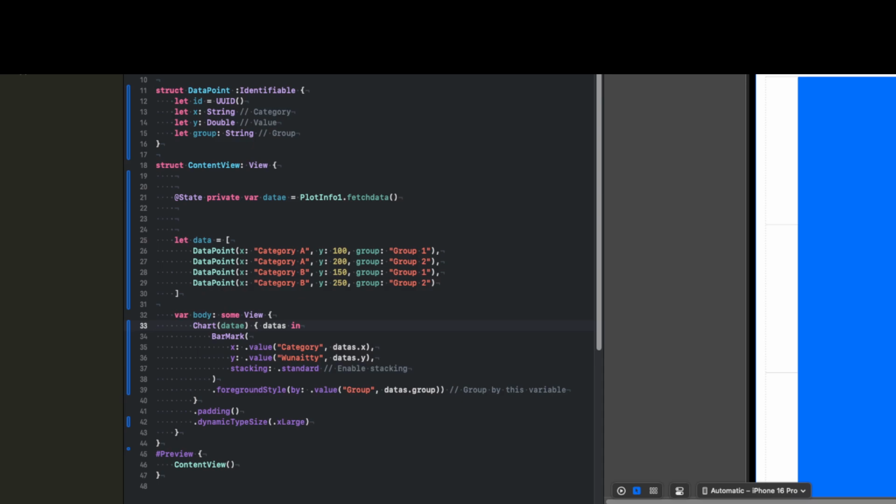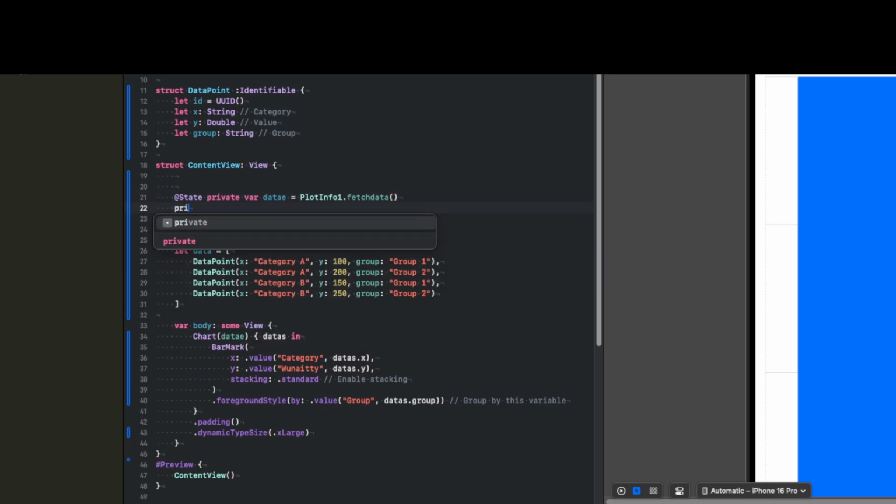But info one, that's data. What is this printing if I do print data? I cannot find type. What happened? This is print. Then that is the same thing. Yeah, plot info and then